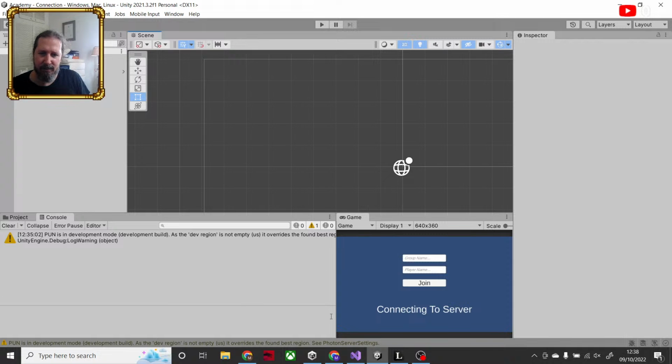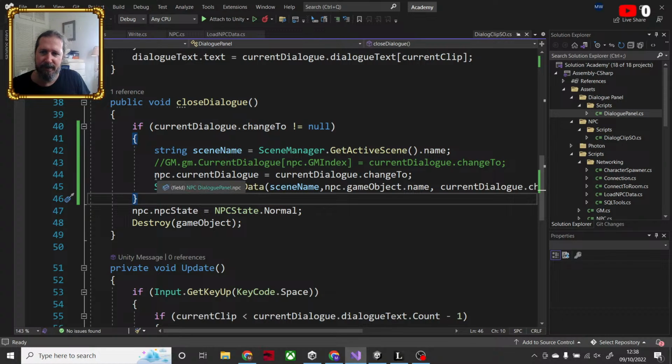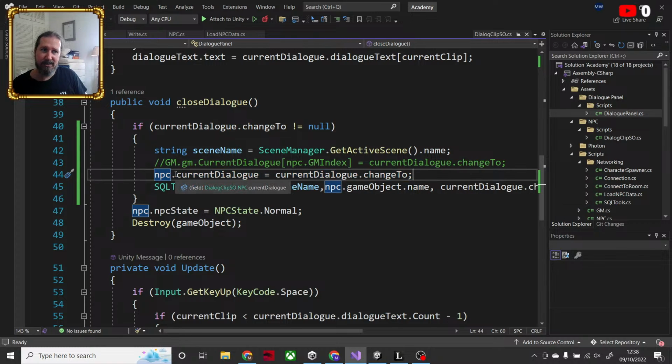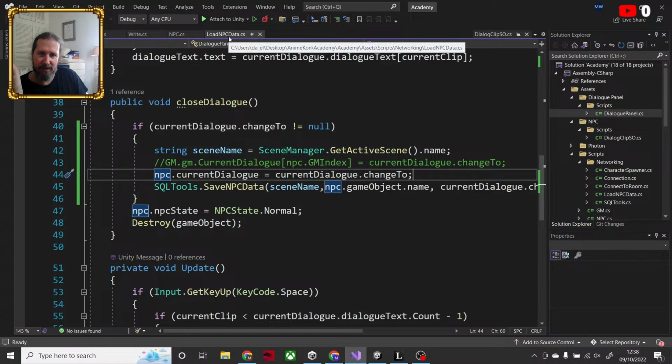The next time, where I am setting this change, I'm going to use an RPC for this, where just in case I am coming into a room where the person already is in the room, then I should receive that RPC message and I should not grab the data from the database. Is that right? No, I grab the database when I come in. I'm going to use RPC. Oh, I know what it is.